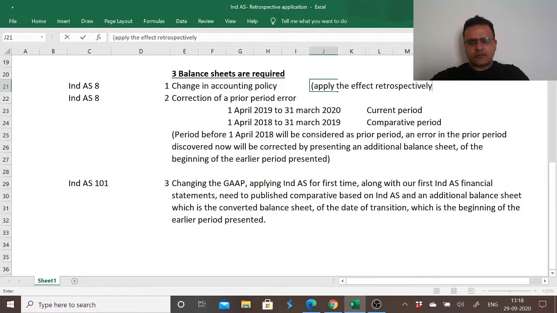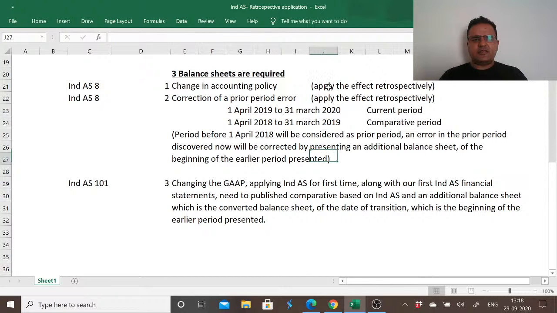This also requires applying the effect retrospectively. Now, in the absence of this standard Ind AS 101, the standard dealing with first time adoption of Ind AS,